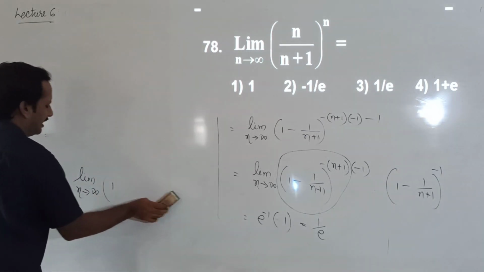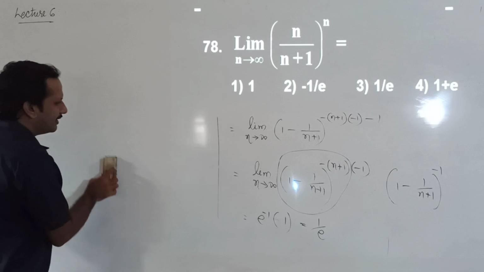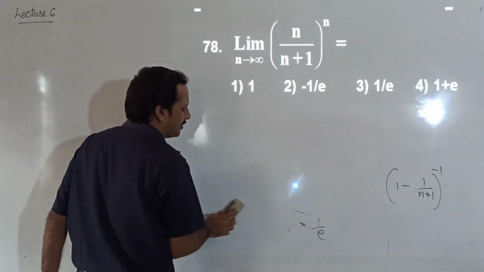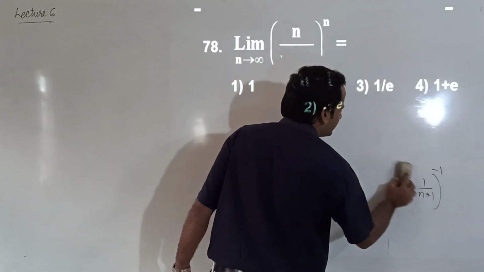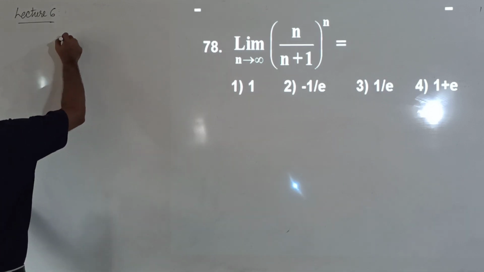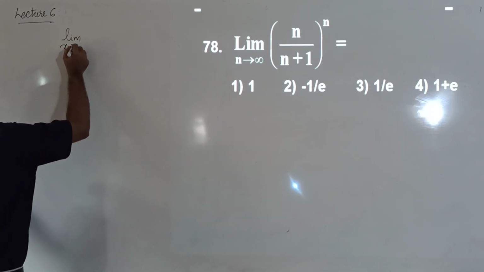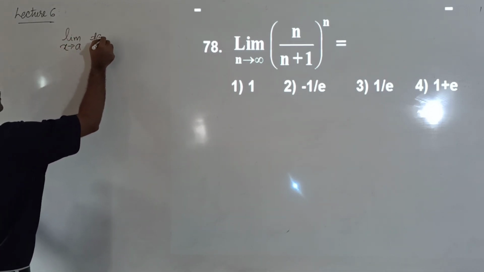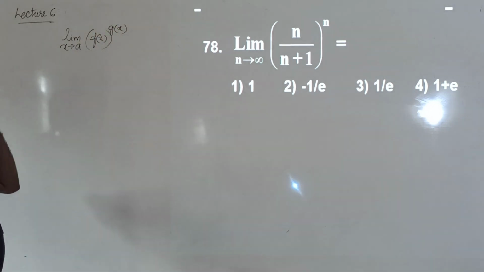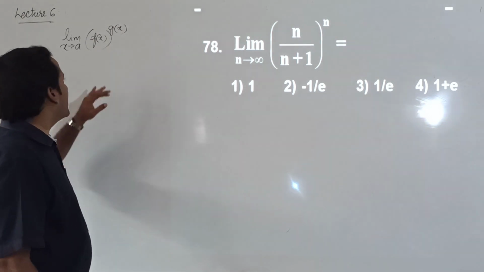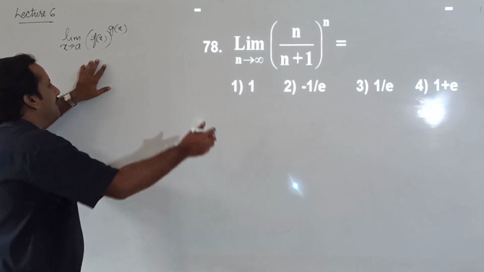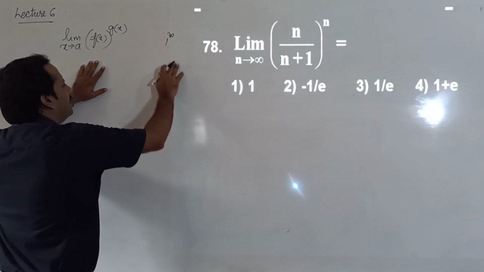Earlier while discussing synopsis, I gave you another formula. When you have limit x tends to a of f of x to the power g of x, suppose we directly apply the limit and we are getting 1 power infinity form,